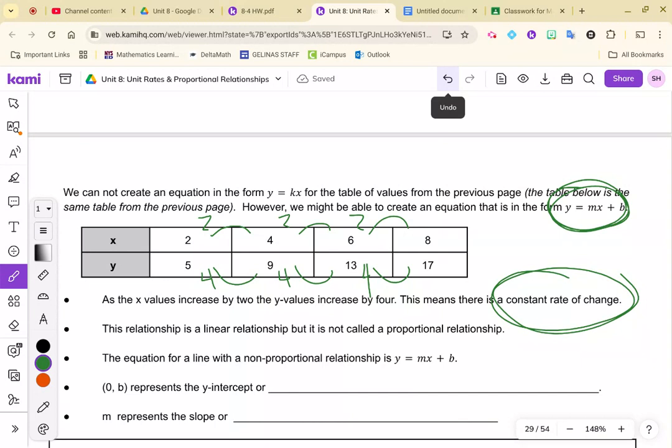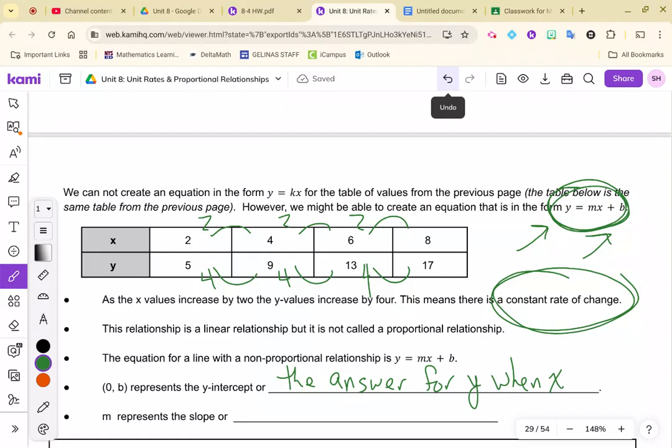So what we need to determine is that we can make an equation for this, but it's going to take a little bit of different work. So you can see there's 2 blanks down below. I want to describe what the variables m and b represent in the equation that we're going to use instead of y equals kx. 0, comma b represents the y-intercept, or, in other words, the answer for y